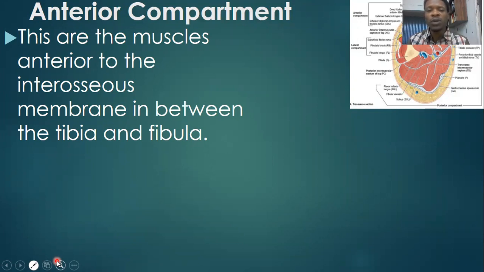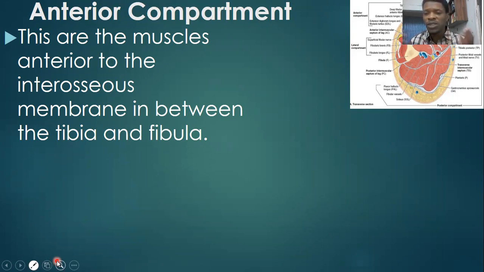These septa help to keep the muscles in different compartments. They also help to keep the vessels and any hemorrhage restricted to a particular compartment so it doesn't spread around. Let's look at the anterior compartment and its muscles. The anterior compartment of the leg is formed by the muscles anterior to the interosseous membrane. Those on the posterior part of this interosseous membrane